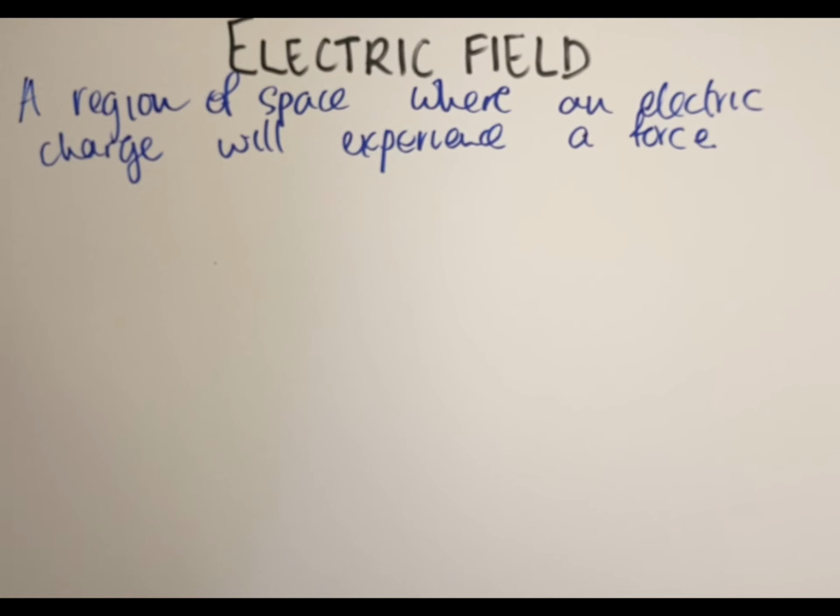So when you have an electric charge, remember we said electric charges can attract each other or repel each other. So within a certain distance, an electric charge can experience attraction or repulsion